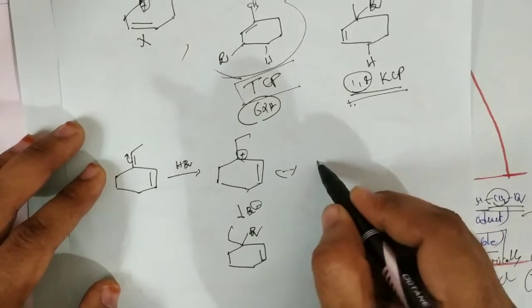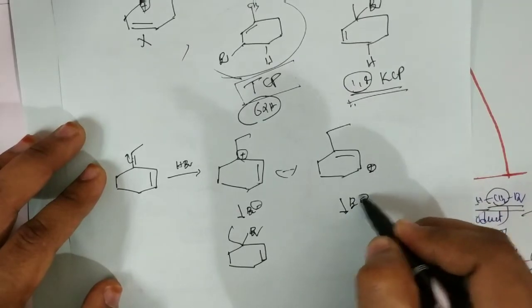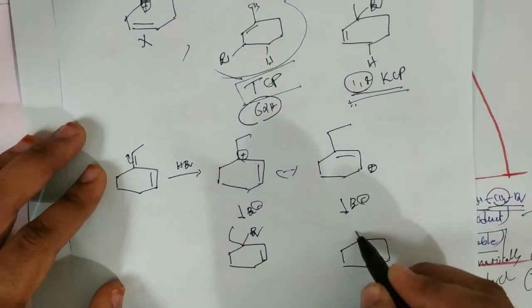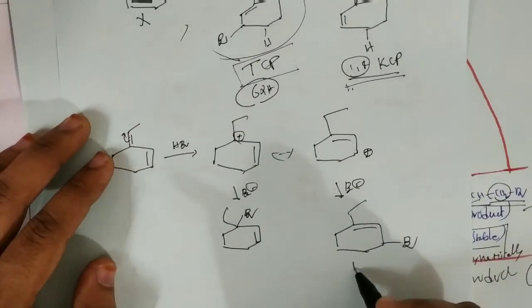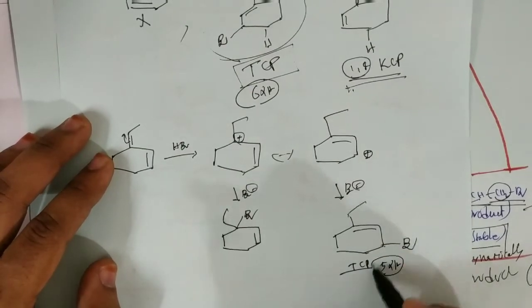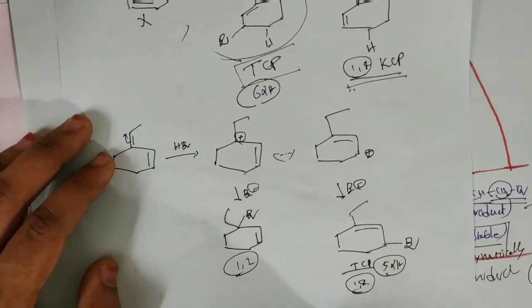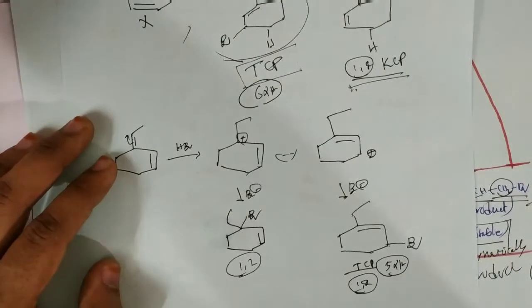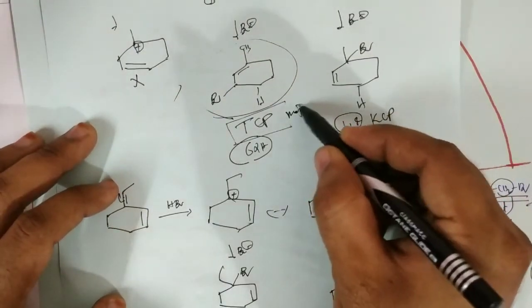Okay, so now by the resonance this one exists like this. So here Br minus, double bond here Br. So in this case this is the thermally controlled product. Why? Because it is thermally more stable. Here 2 alpha hydrogens, here 2 alpha hydrogens, here 1 alpha hydrogen, so totally 5 alpha hydrogens. So this 1,4 product is the thermally controlled product. This is the 1,2 kinetically controlled product. Okay, but at room temperature, always with HBr the thermally more stable product is formed as the major. That means it is the major product. In this case it is the major product. That's it.